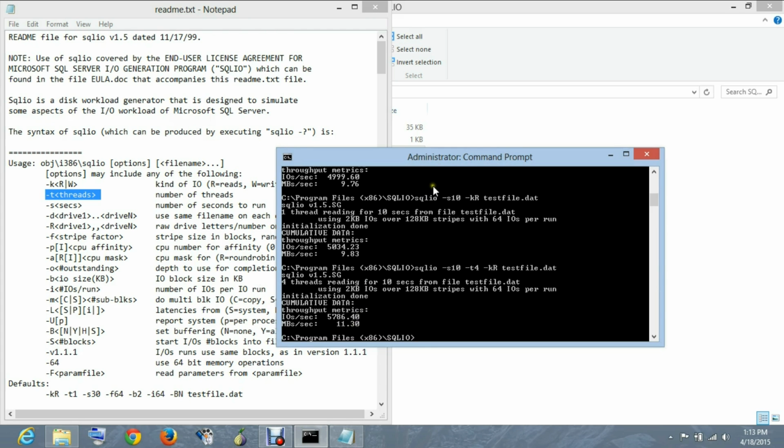And now we'll be testing some other options as well. You should be knowing about the sequential and random access from the hard disk. In sequential access, the blocks are accessed in a sequential manner, and in random access the blocks can be stored anywhere on the hard disk. So even that can be specified using the F option. So we'll specify that.